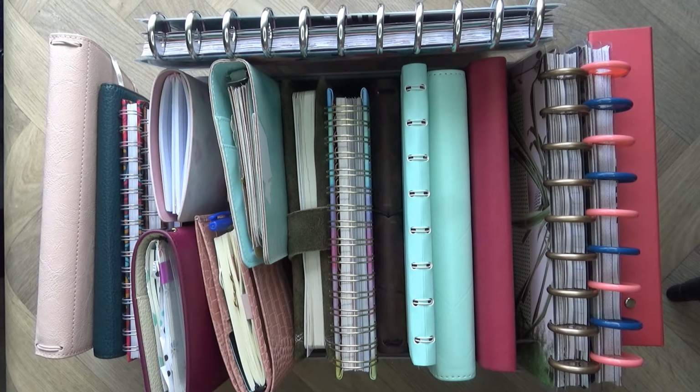Now I like to change things up, and I like to move things around, and I like to use different things. I'm a total and utter planner addict and notebook addict. So the thought at the beginning of the year was simple. If I used everything, so strings, rings, notebooks, bullet journals, and every size imaginable, then I wouldn't get bored. But the truth is,